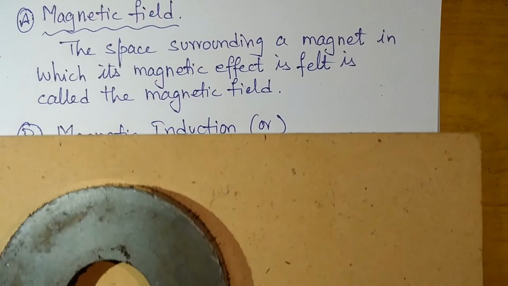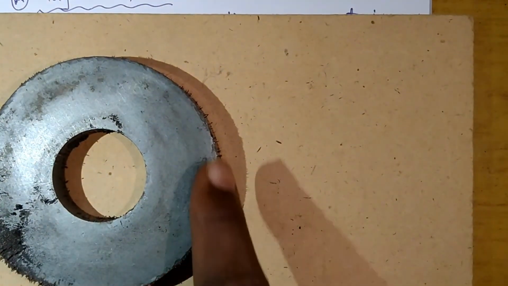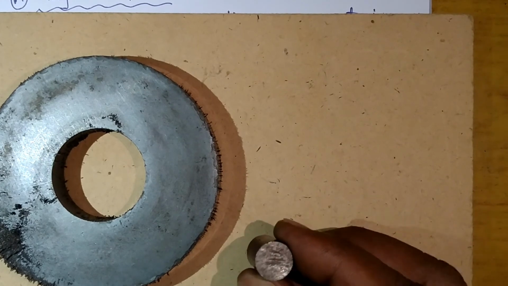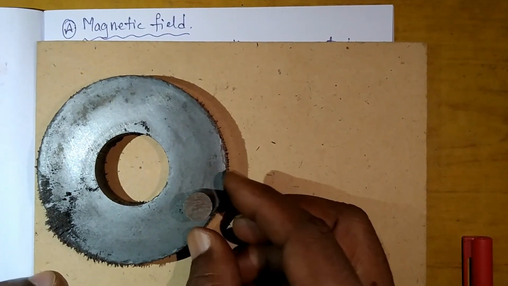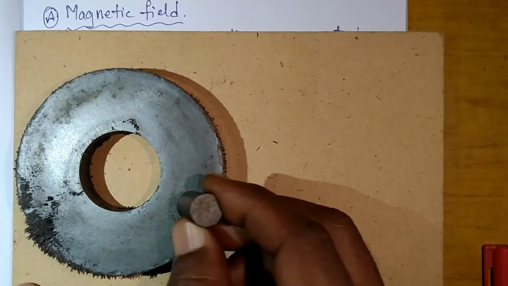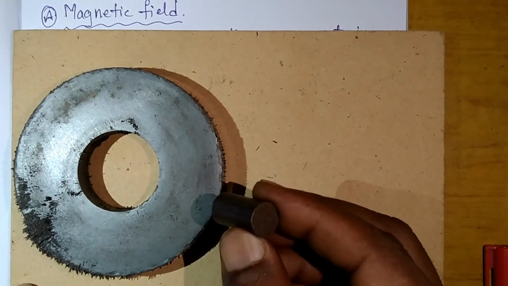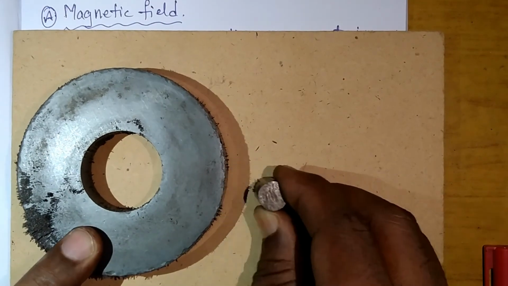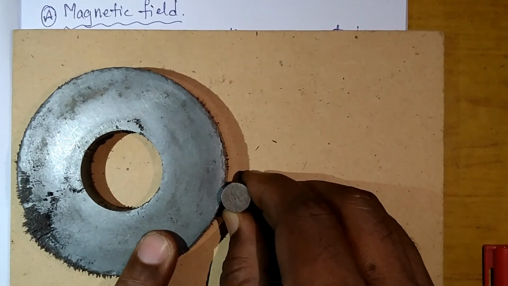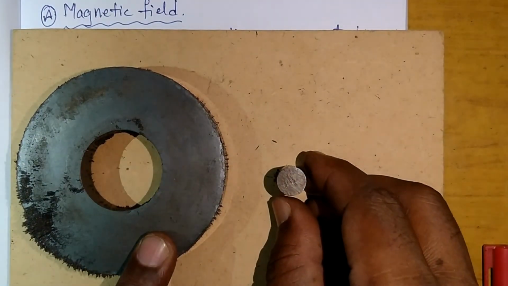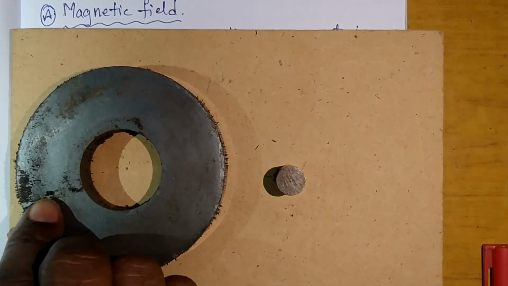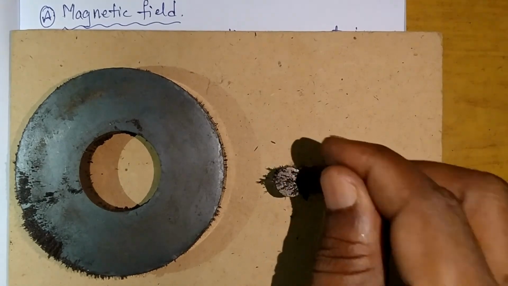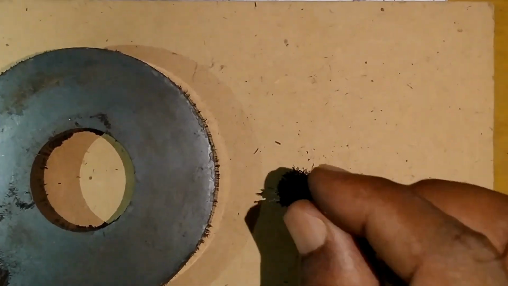You see, I have taken a magnet. A magnet has a magnetic field around it, and I am having an iron rod in my hand. Iron rod, it gets attracted to what? A magnet. It is not a magnet by itself, but when I place it near a magnetic field, it is getting attracted. I will place it at a considerable distance where it is not getting attracted. Now, if I sprinkle iron filings on this iron rod,